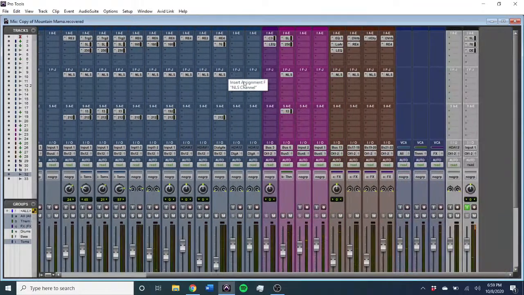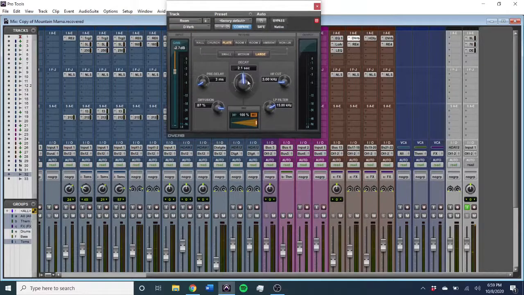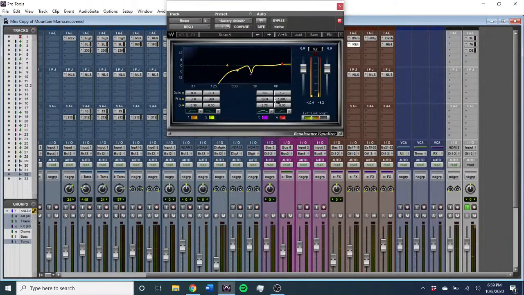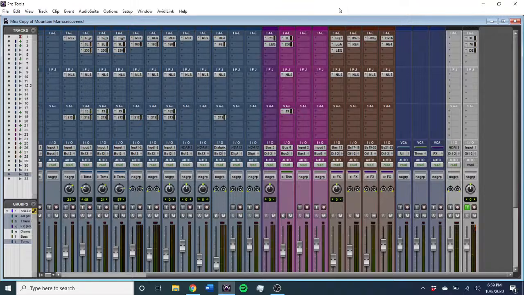Speaking of space, we're also using some time-based effects over here. I'm using one reverb, pretty short, 2.1 second decay, plate reverb. I'm cutting off anything above 15K and then high shelf rolling off after 3K, and I'm also tailoring the low end a bit here on this EQ after the fact. This is predominantly for the snare,